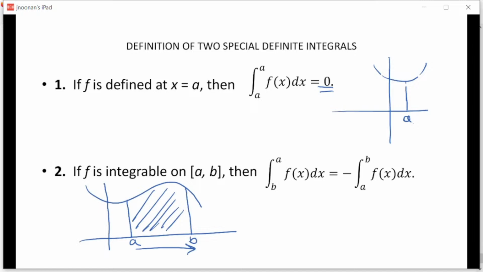But if I switch it up and start at B and go back to A, so the way you read this is the bottom number is the one that's supposed to be on the left, the top number is the one that's supposed to be on the right, and so if I switch it up so that the bigger number is on the bottom, then you're going the wrong direction and you end up with a negative